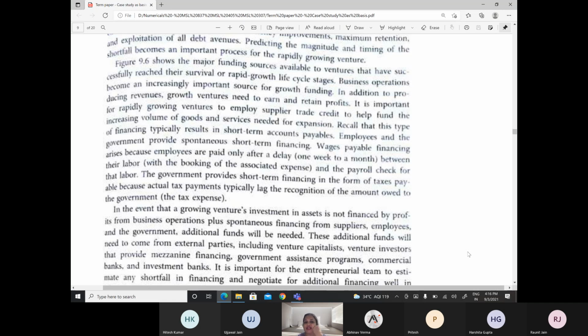Employees and the government provide spontaneous short-term financing. Wages payable financing arises because employees are paid only after a delay. That is, you never pay employees immediately. You always pay them after a week or a month between the labor with the booking of the associated expense and the payroll check for that labor. The government provides short-term financing in the form of taxes payable because actual tax payments typically lag the recognition of the amount owed to the government, that is the tax expense. So let us look at this figure